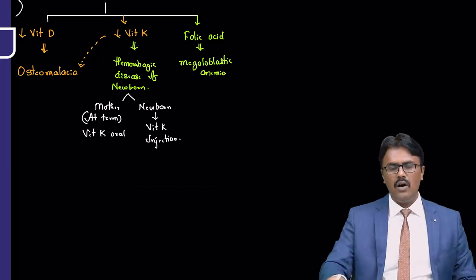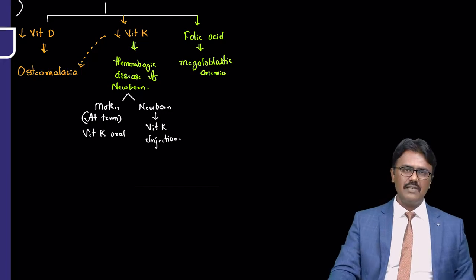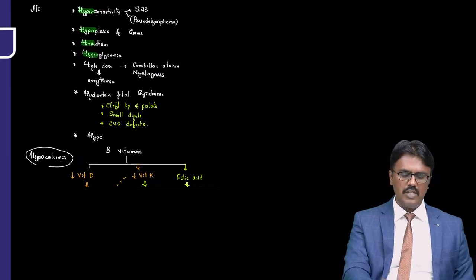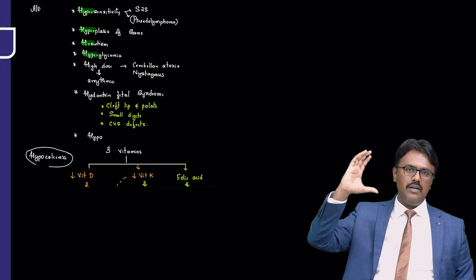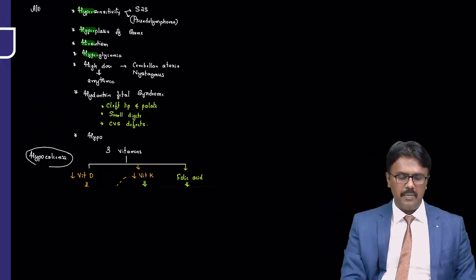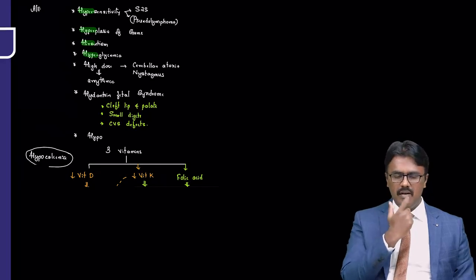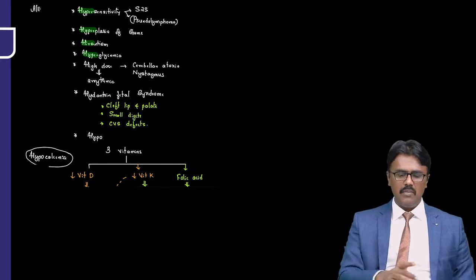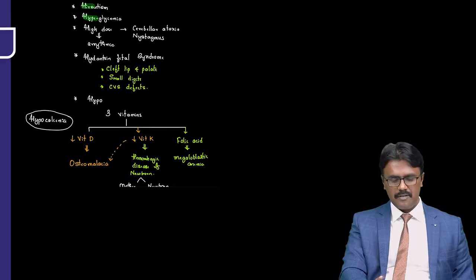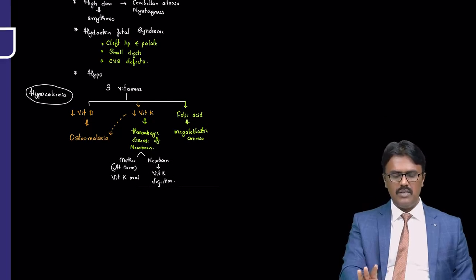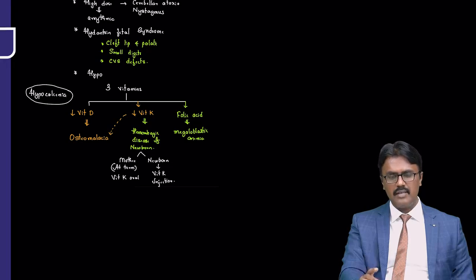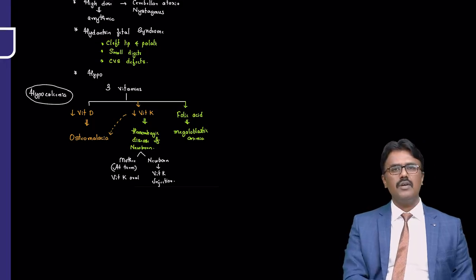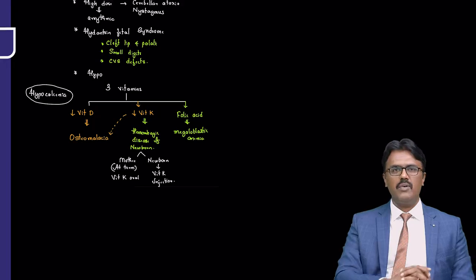So these are the long-term problems we see with phenytoin, and please understand all the adverse effects start with H. That's why I made sure that in the beginning all are hypersensitivity, hyperplasia of the gums, hirsutism, hyperglycemia and high doses. The long-term complications are the teratogenic risk. There are 3 hypos, vitamins D, K and folic acid, and hypocalcemia. So these are the important points you need to keep for phenytoin, a very, very important drug.